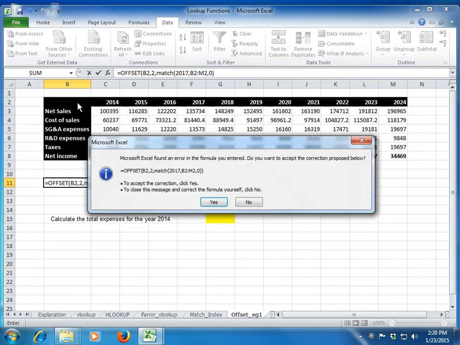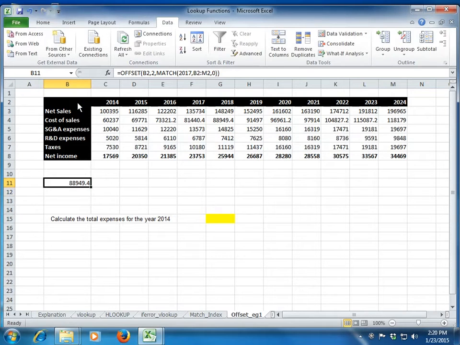I didn't close the bracket earlier for the OFFSET function, and you can see that it is now pulling the 2017 value, 88849.